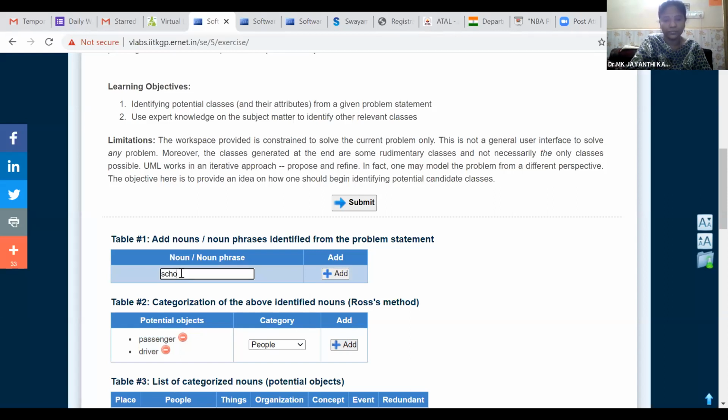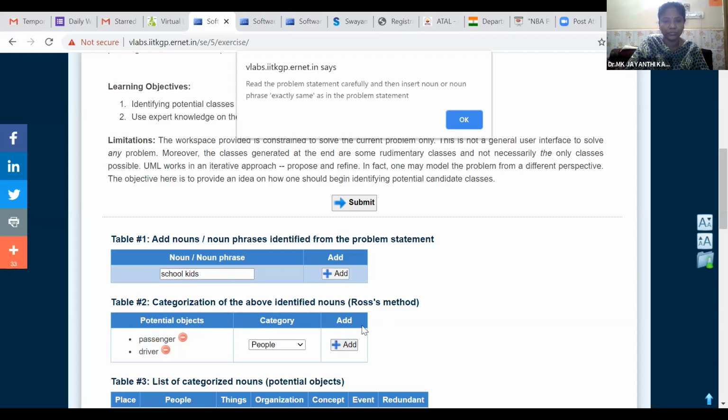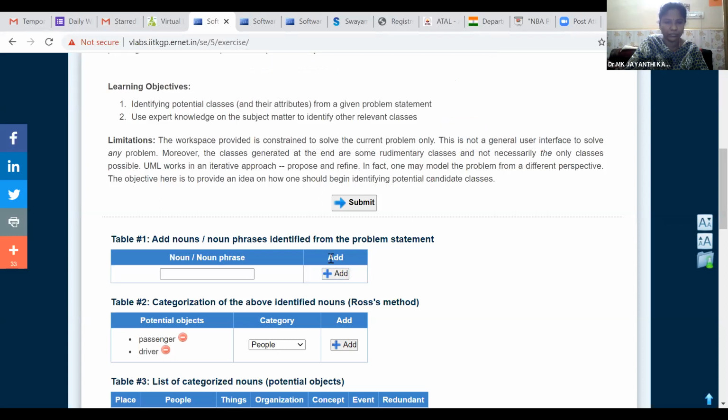School going kids. School kids is another class. Students, or we can give school kids. So we should give the class name in a single noun.